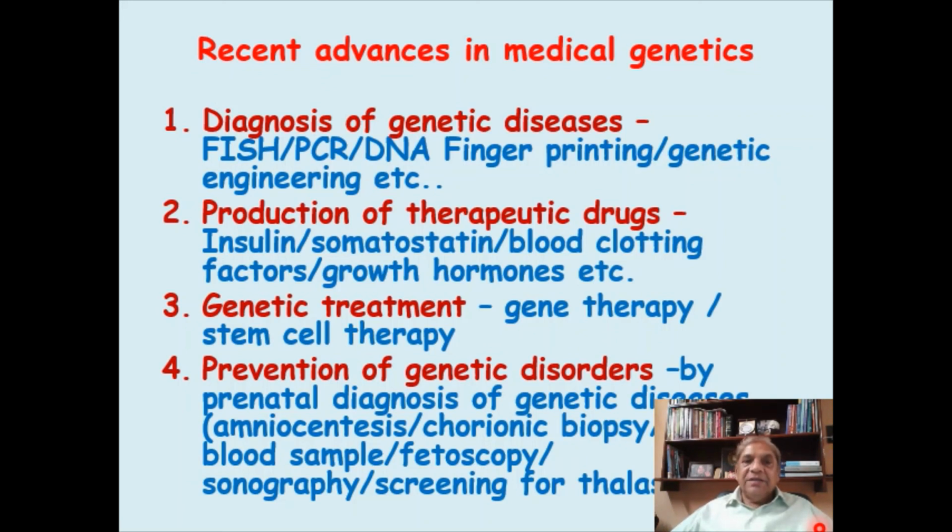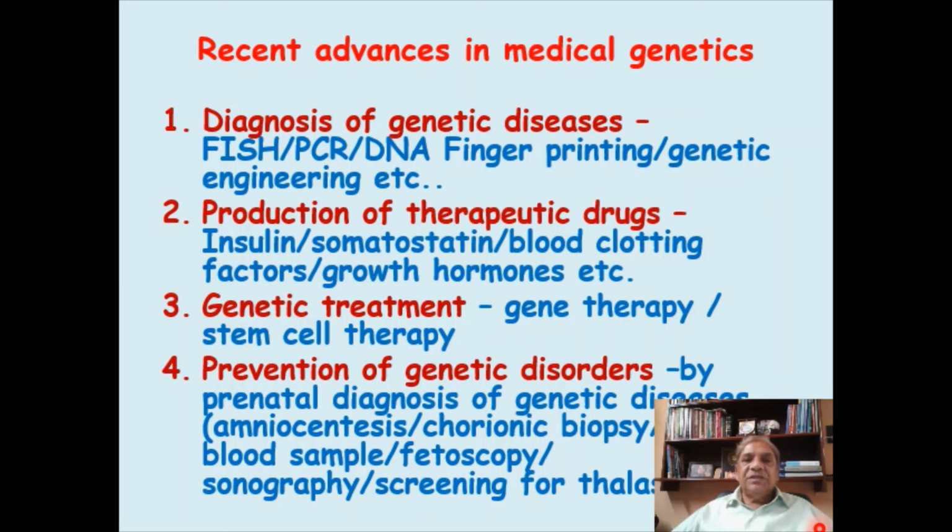Then the genetic treatments, the gene therapy. You introduce the gene in an individual, not in human beings right now, but at experimental stage in animals. And you must have also heard about stem cell therapy. Those cells which are highly potent, which can differentiate into many kinds of tissues, are called stem cells. If you inject the stem cell, it may take up the characteristic of the cells where it is introduced and form the new cell, still in the experimental condition.